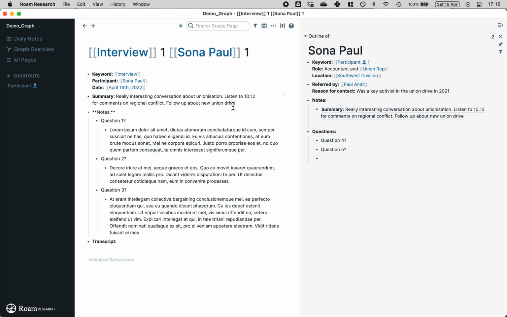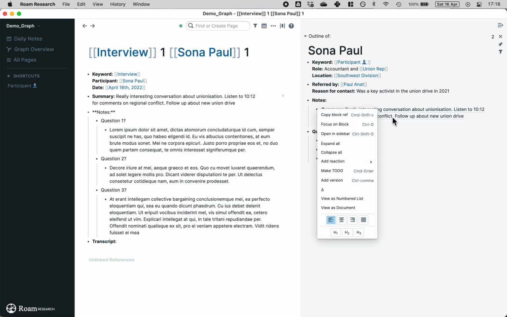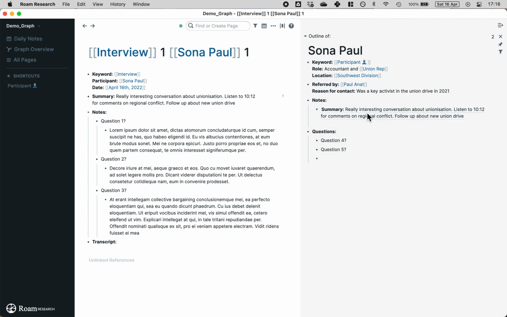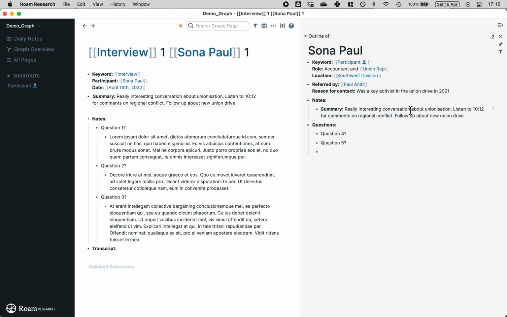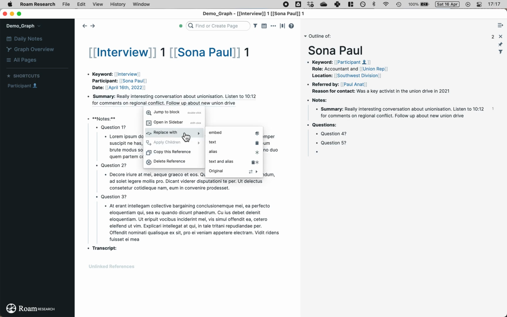You can keep it as a sort of unidirectional copying of text. But if you right click the copied text, you can actually replace it with a number of different things. I'm not going to go into them all in detail, but if you copy the original, you can essentially swap the blocks. And by doing so, this now becomes the copied text and this becomes the original. Similarly, if I swap them back,